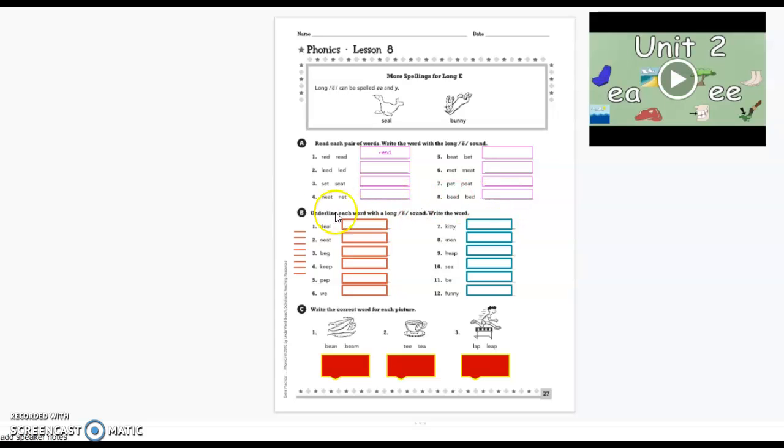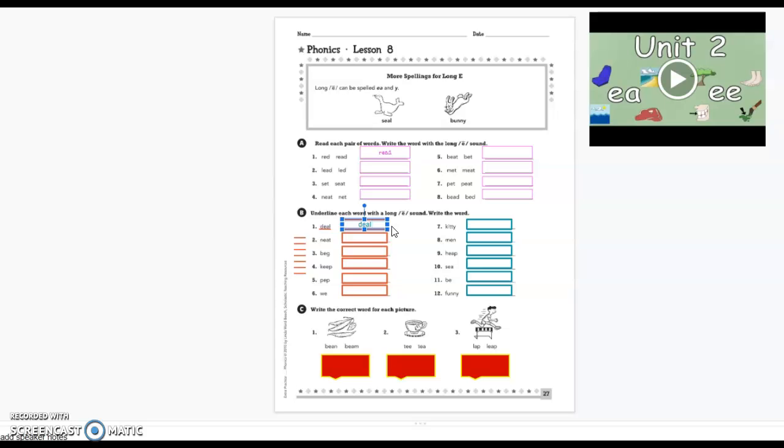Now, for these, you're going to underline each word with a long E sound. So you have these little lines over here on the corner. And you're going to take them and you're going to underline the right word. And if it does have the long E, you're also going to type it in the box. So number one is deal. Combining that E and A sound to make the long E, deal. So that is a long E sound. So I'm going to take that line and I'm going to underline deal. And then I'm going to write deal